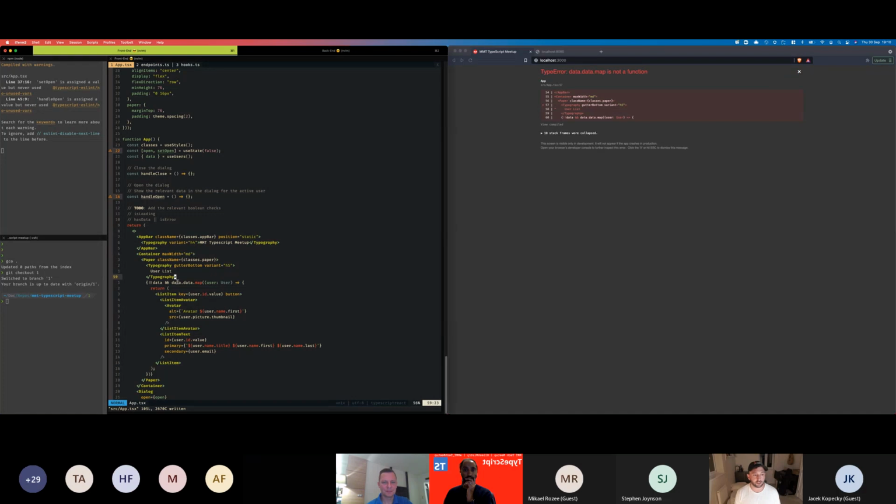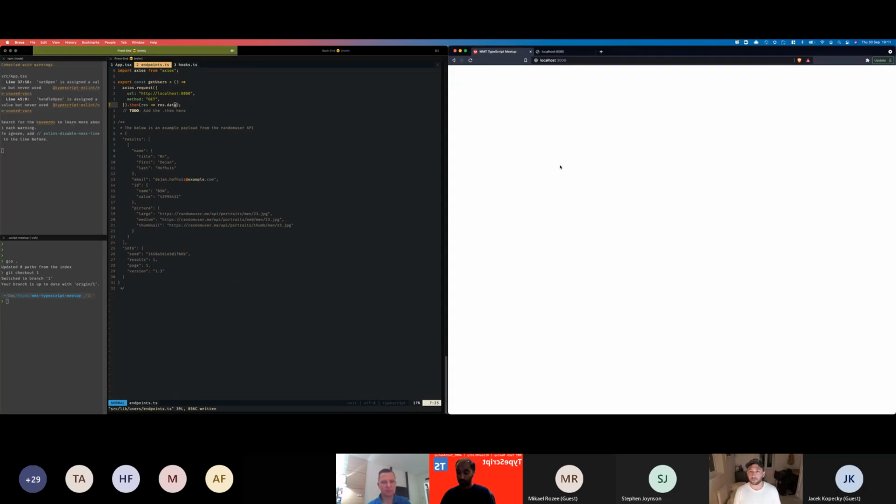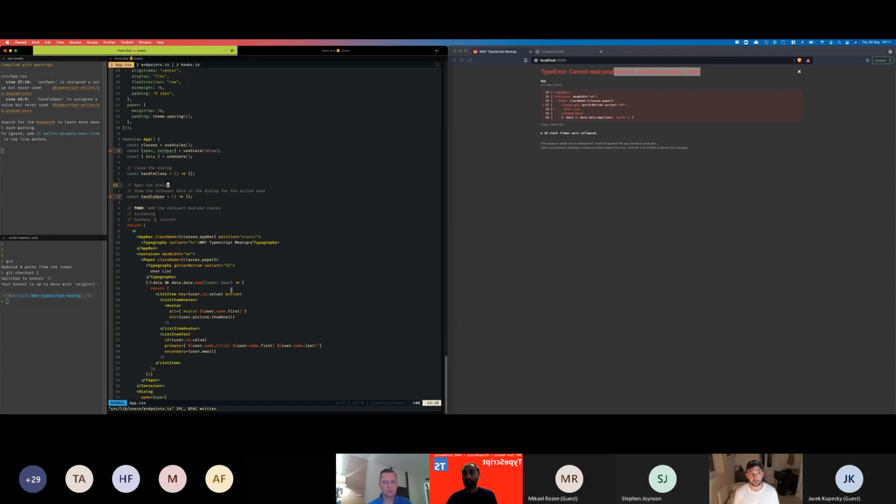Data.data.map is not a function, and that's because this is effectively broken. We're not doing any sort of data checking. What I want to do here is, when I get a response, pull the data type off of that response. Still not quite working as I expected. Undefined. The point I'm trying to make is that there's a load of type checking we're not doing. We're just assuming that the data is coming back in the shape that we expect it to.